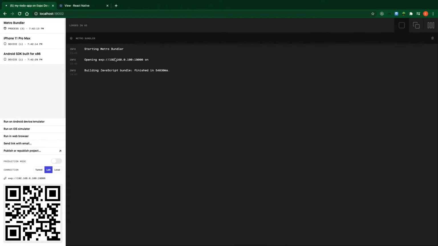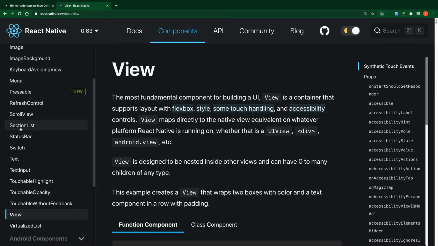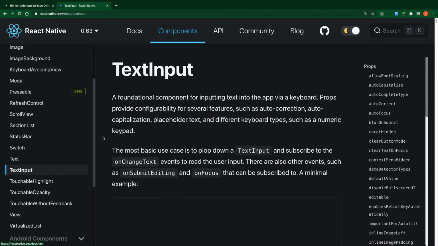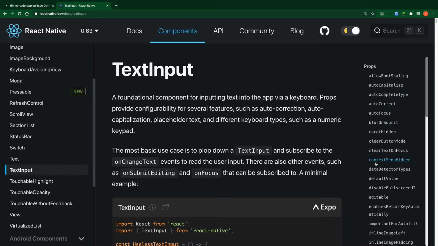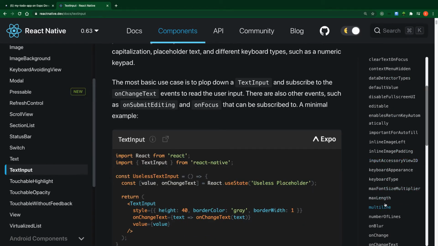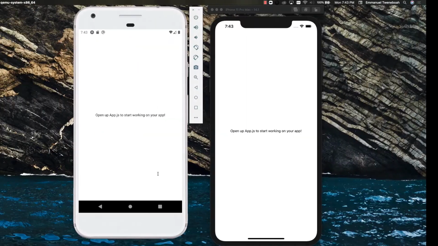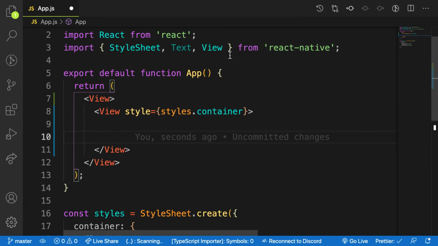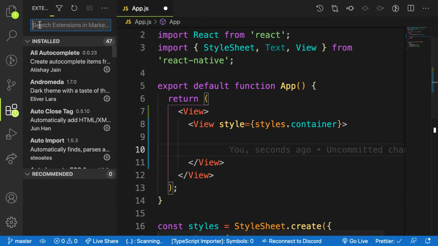When you head towards the official documentation, you can see we have TextInput here, and look at the props it takes, right? So if you have time, you can go through the important props here. You will make use of most of the important ones here. So let's import it above here, but before you move on,